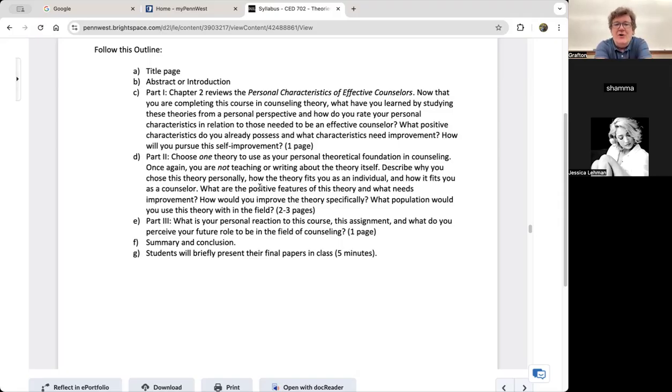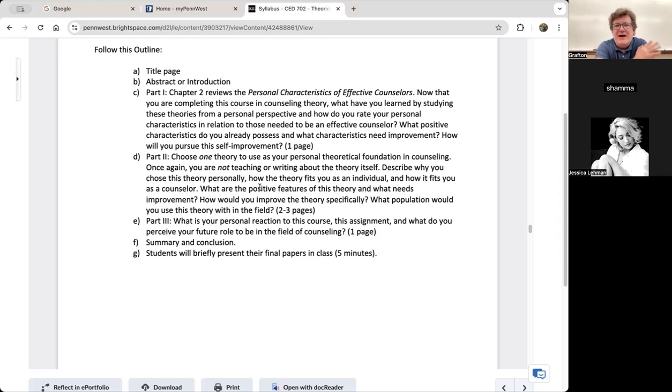So, part 1. Now, most of Corey's textbooks have this in chapter 2, but every now and then, there are like 9 editions, it's in a different chapter. It might be in chapter 3, depending on what edition you got, if you got a used book, but it's normally in chapter 2.